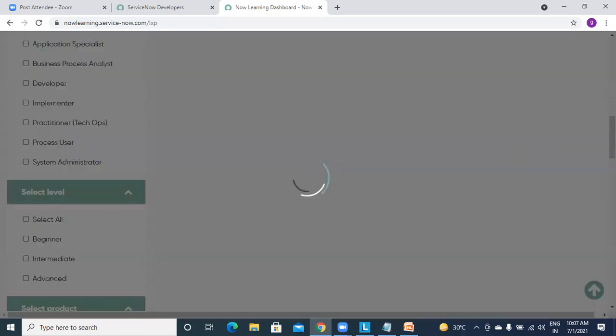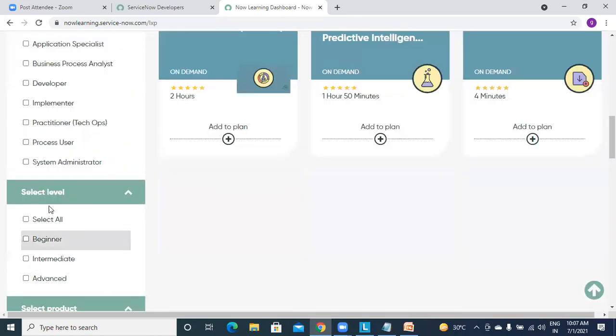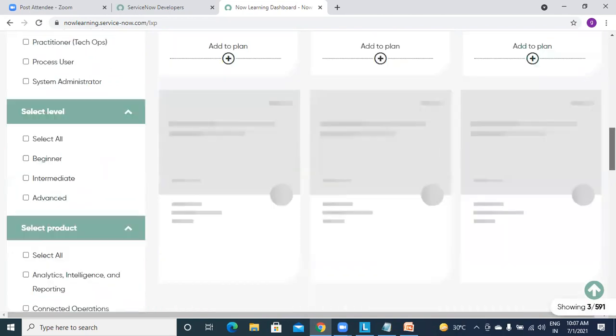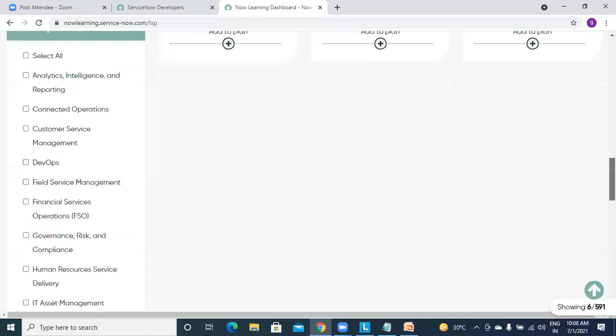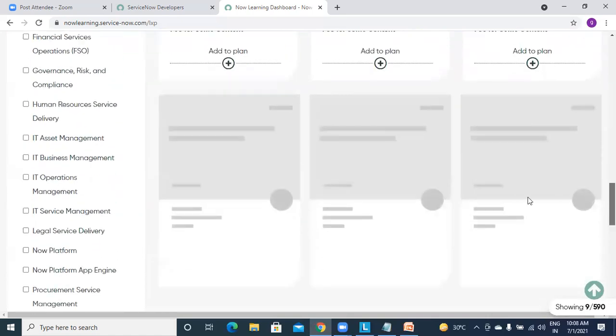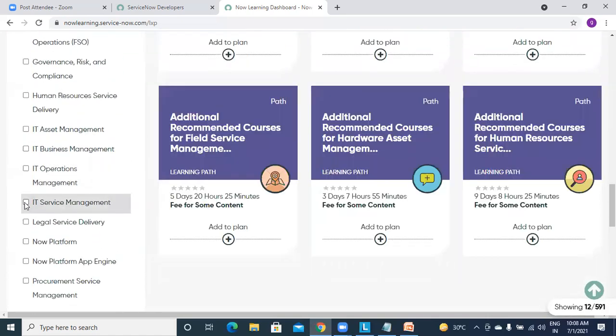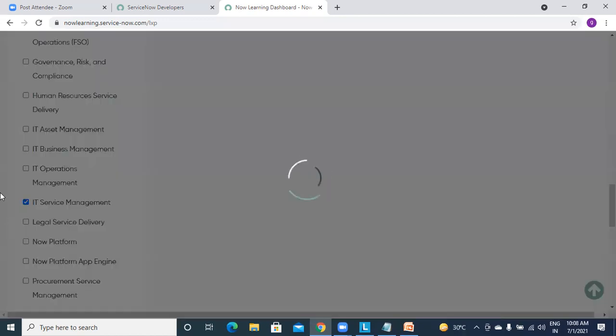And one more thing. This also has beginner, intermediate, or advanced levels. Yeah, ITSM. We are presently seeing ITSM, right? So that is here.